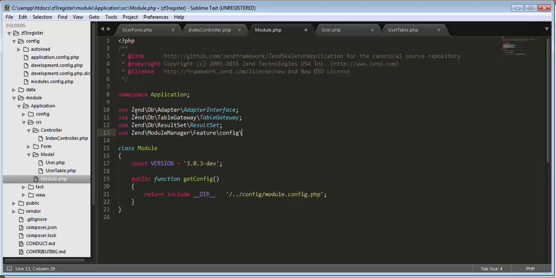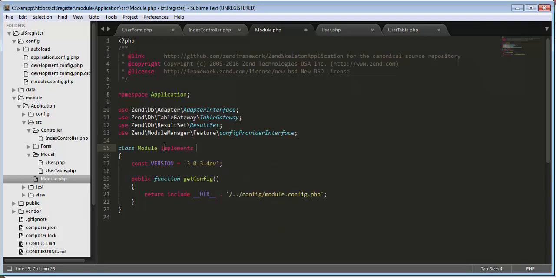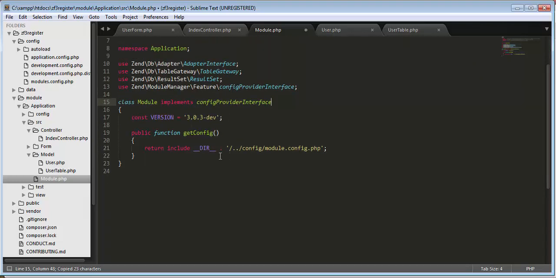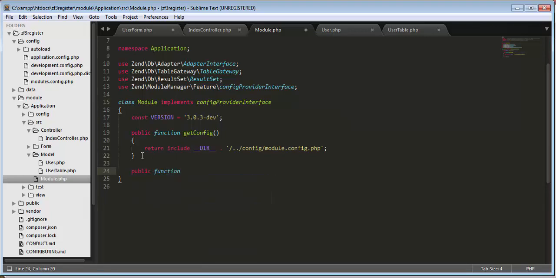Okay, factories, okay, and then Model UserTable class, function